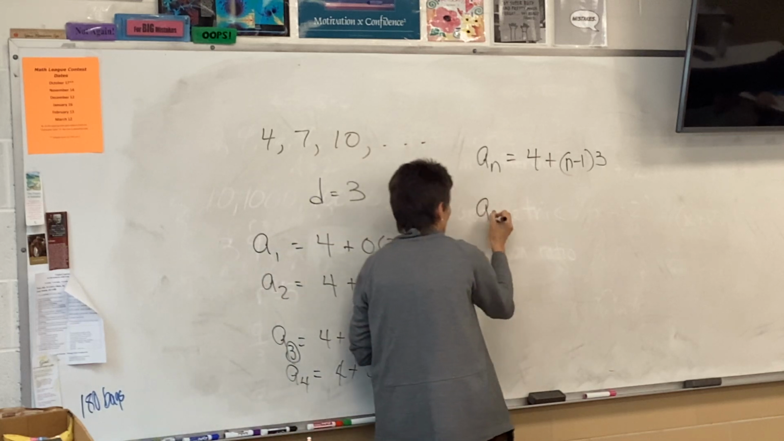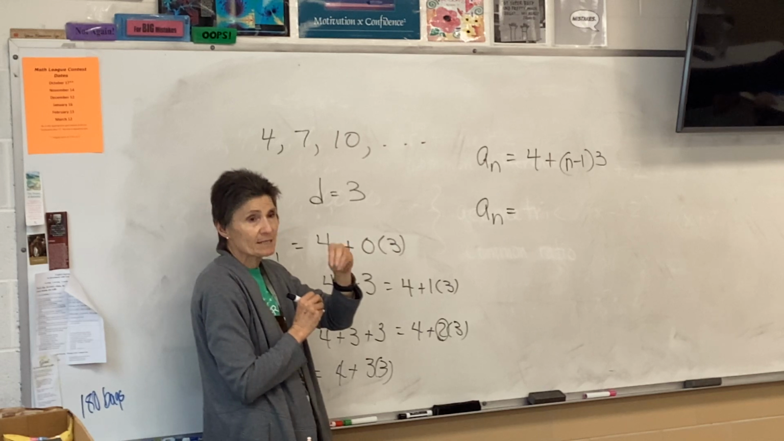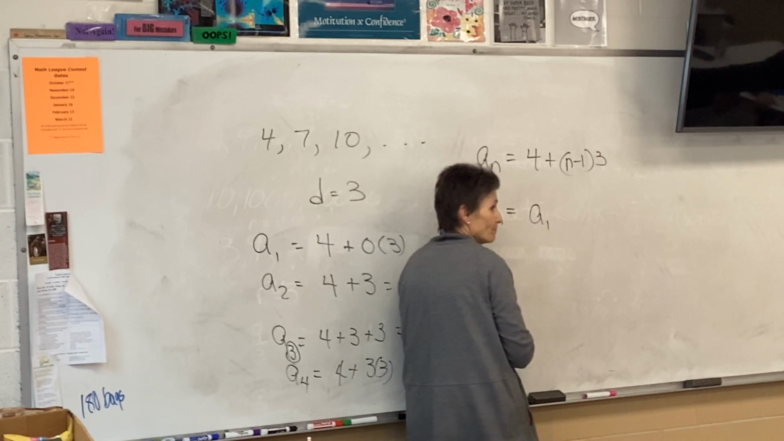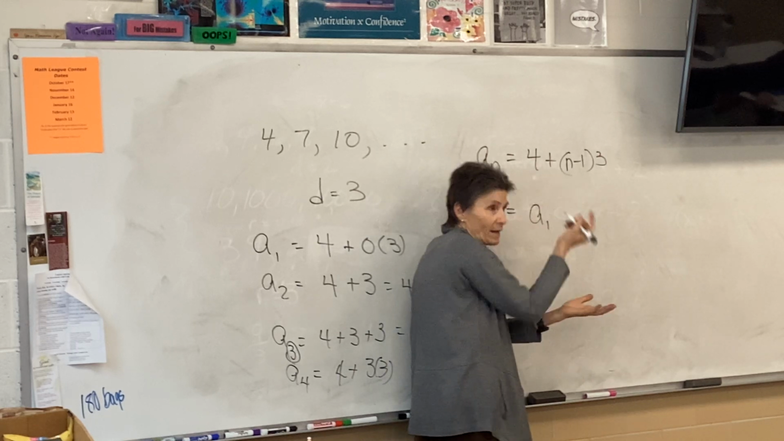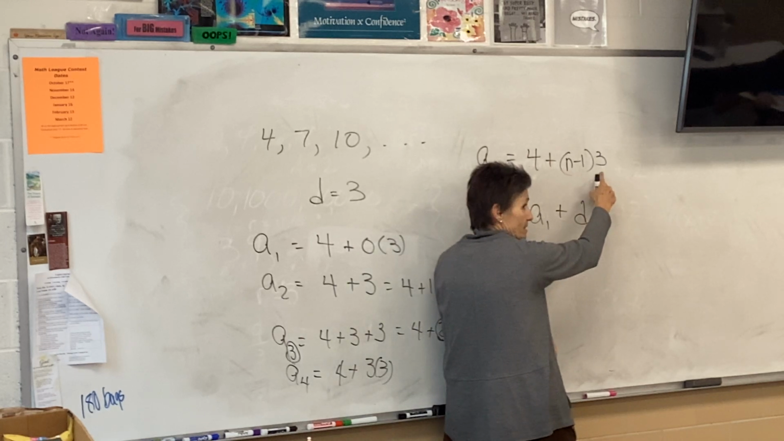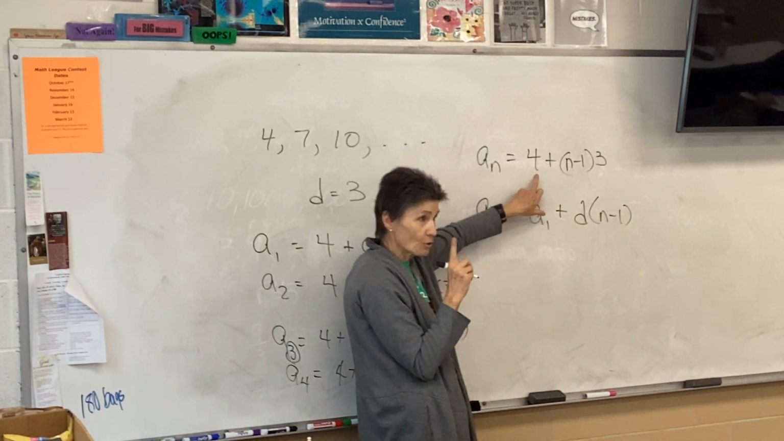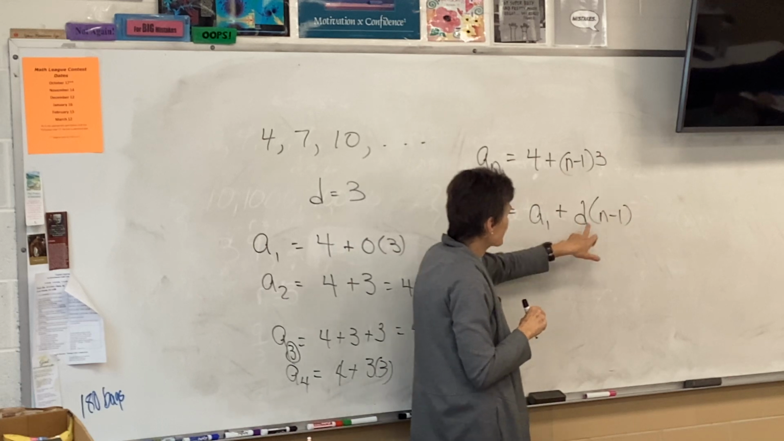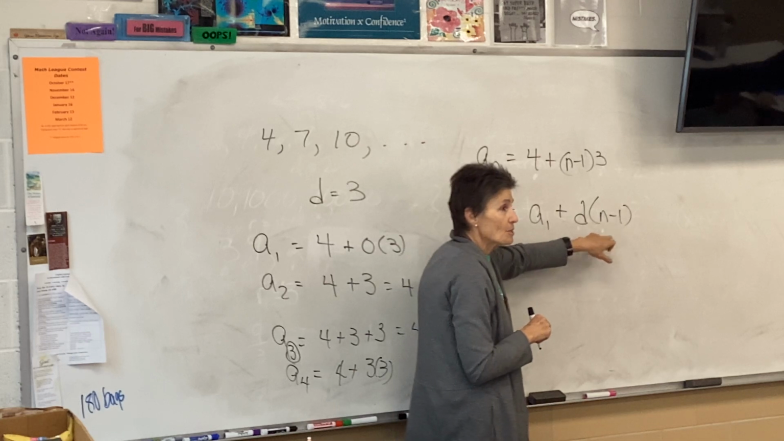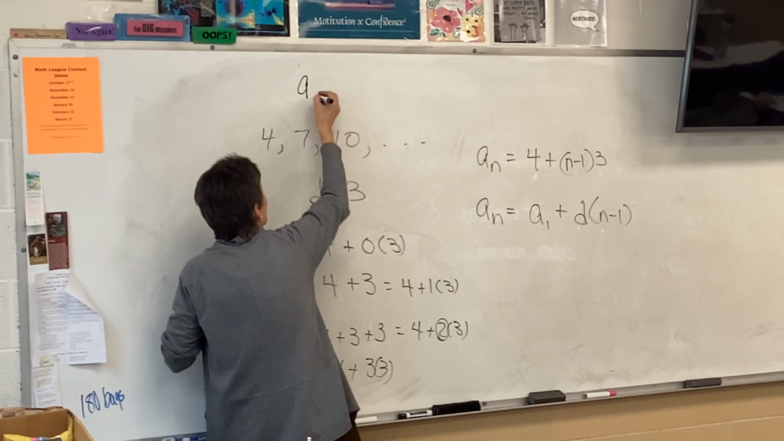In general, the nth term of an arithmetic sequence is going to be the first term. In our case it was 4, but it would be whatever the first term was, plus the common difference times n minus 1. So 4 was our first term, 3 is our common difference, n minus 1. So if we wanted, in this sequence, the 50th term,